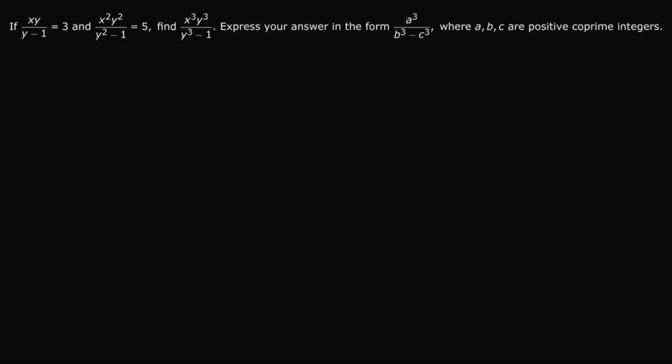Hi there. If xy over y minus 1 is equal to 3 and x squared y squared over y squared minus 1 is equal to 5, find x cubed y cubed all over y cubed minus 1. Express your answer in the form a cubed over b cubed minus c cubed, where a, b, and c are